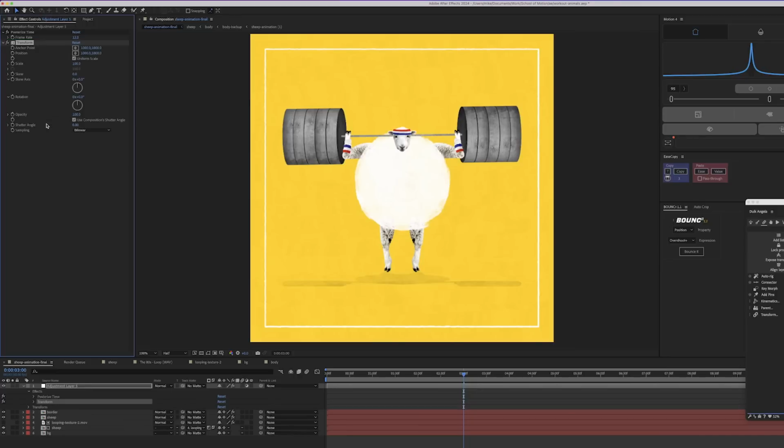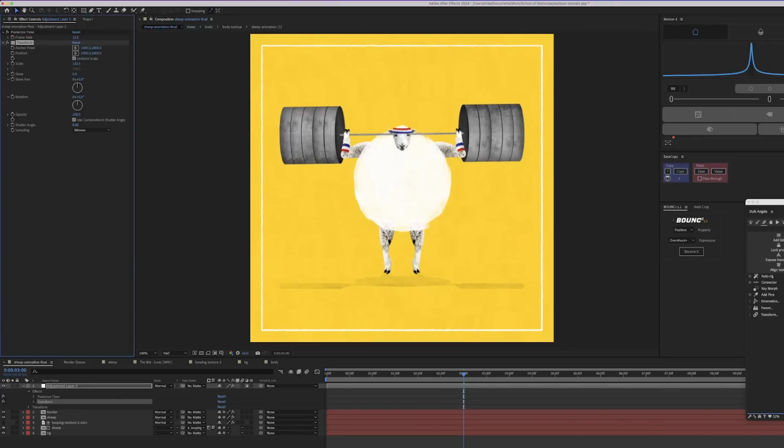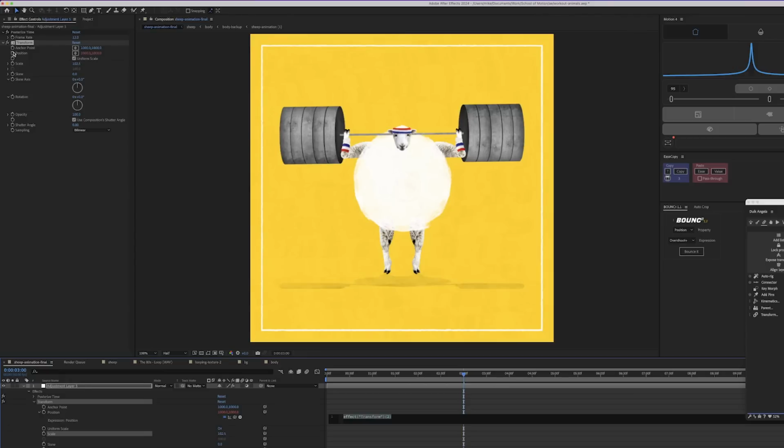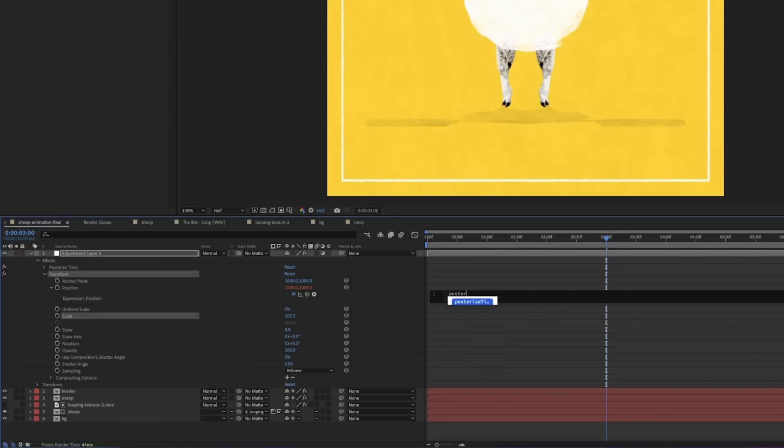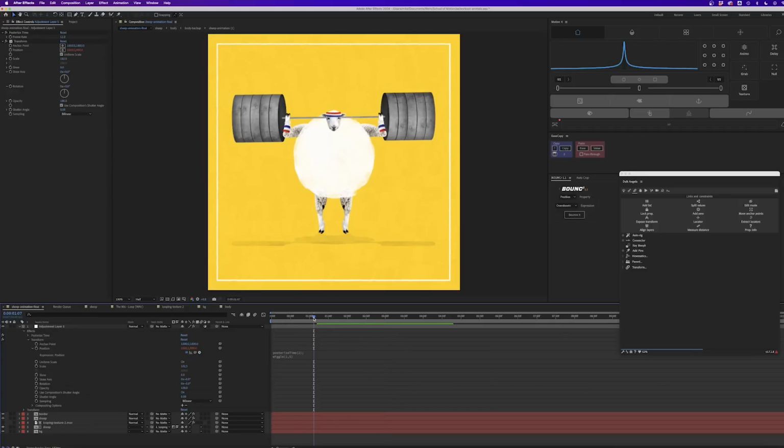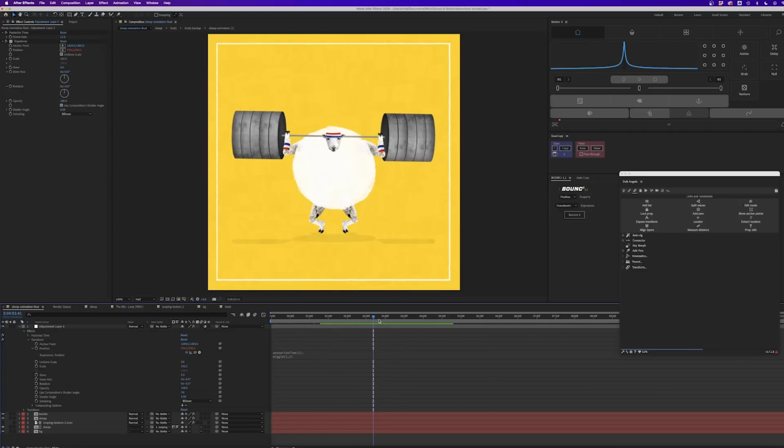So then we're just going to add a little transform to this. So we're just going to scale it up to 102.5. And then we're going to just add a little wiggle to this as well. But we also want that wiggle to be a little bit jumpy. So we're going to add that posterize time first. So we're going to put that to 2 again, and then colon, and then wiggle in brackets 1, 5. So that is just going to move it around every half a second